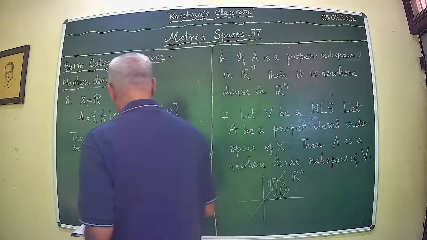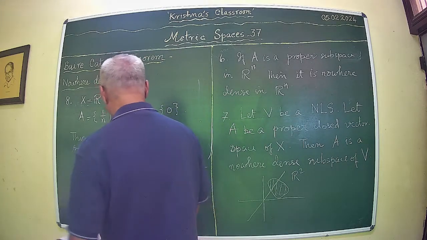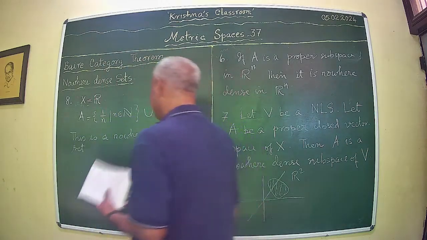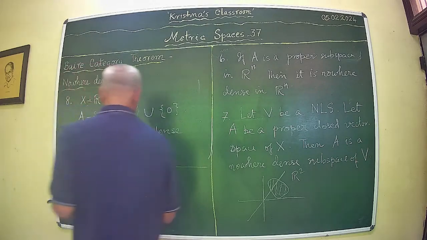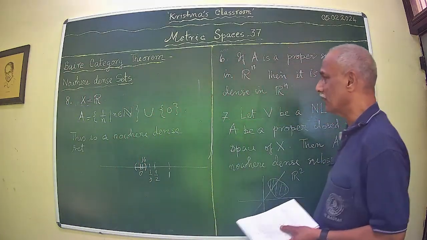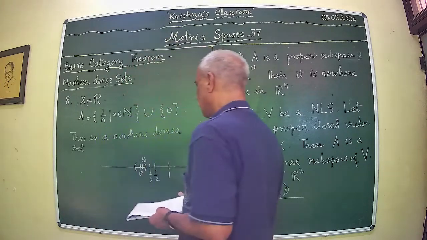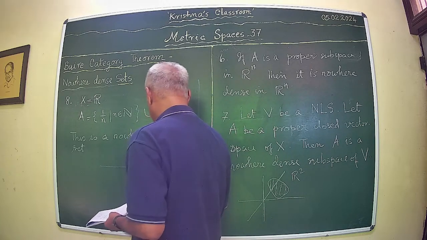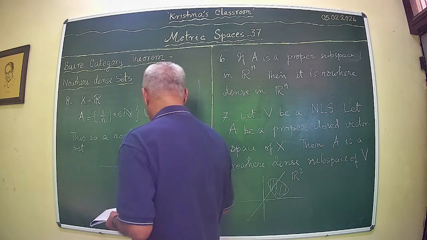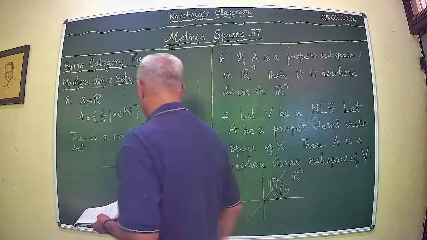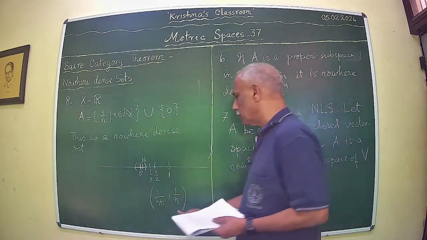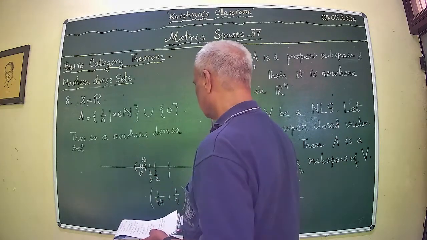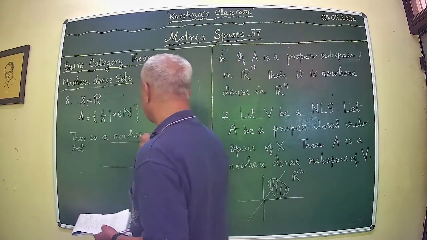Even if you take an open set containing 0, still you can find an open interval which does not contain any of these elements. For instance, you have 1 by n and 1 by n plus 1. Look at this interval. This is an open set. This does not contain any elements from this set. Therefore this is nowhere dense